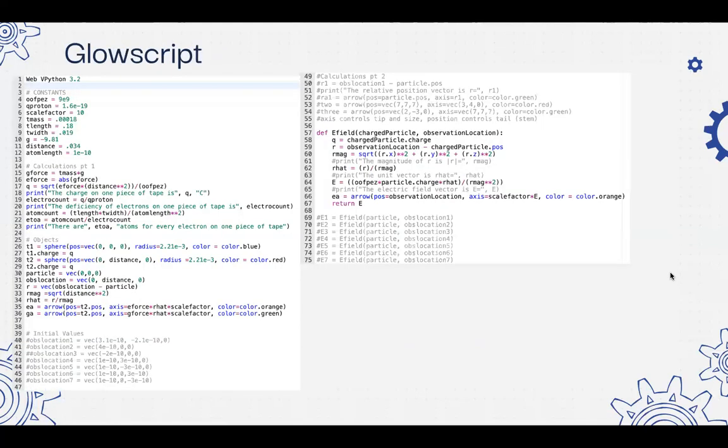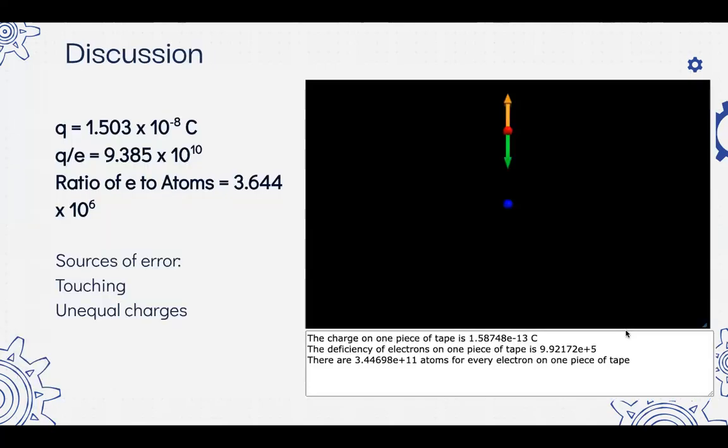So next, I made a GlowScript code, and I used Newton's law and Coulomb's law, and I used my initial conditions, and I plugged all of those in right here. And then right here, I plugged in my Newton's law and Coulomb's law. And with this, I was able to find the charge of the piece of tape and the Q over E, and then also the ratio of E to